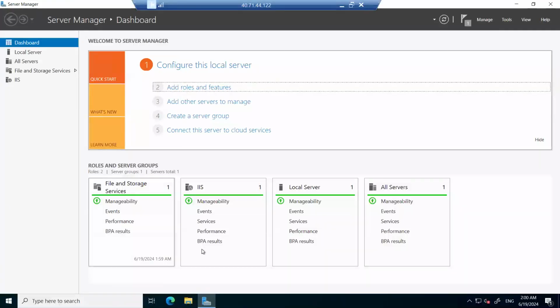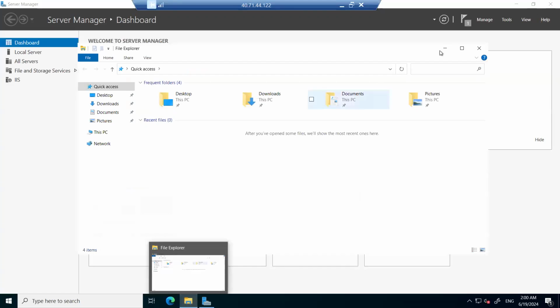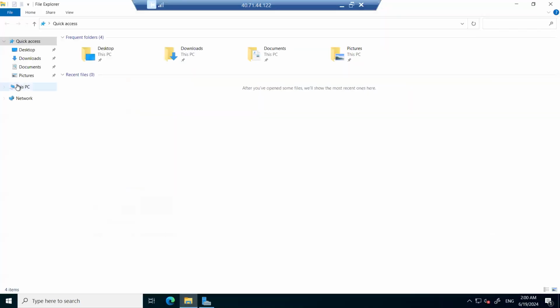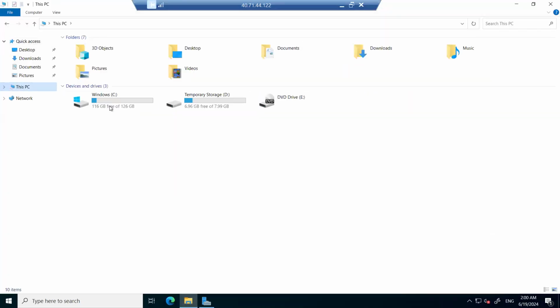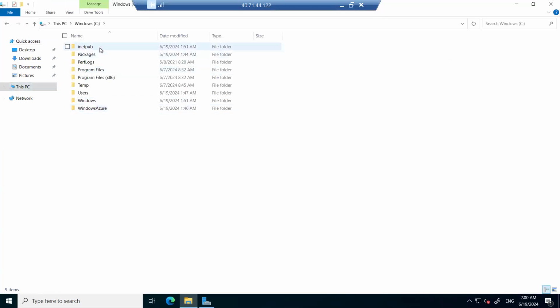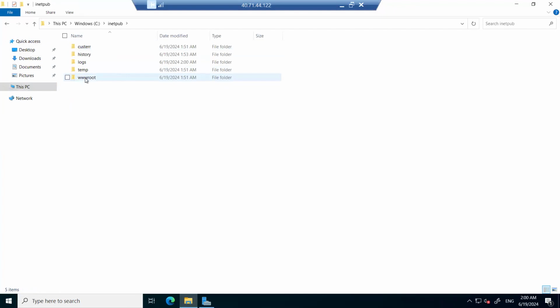So this is my virtual machine. Once I install that web server in this virtual machine, in the C folder, it will automatically create one folder, inetpub. In inetpub, it will create wwwroot. In wwwroot, we already have one default HTML page, IIS start. So at present, I don't have any application in this web server, so it is showing this default homepage. If I open this default homepage,